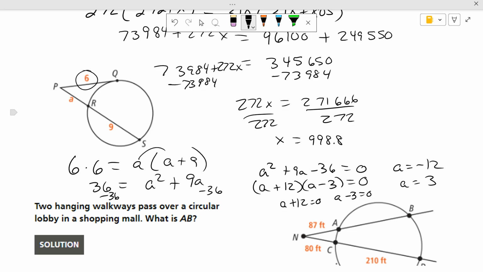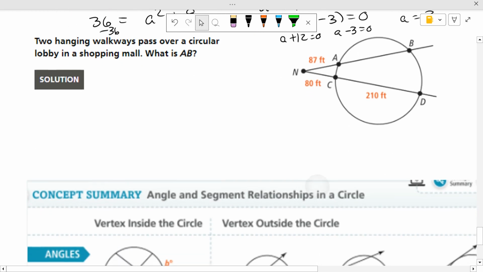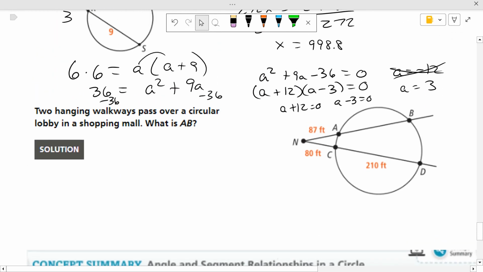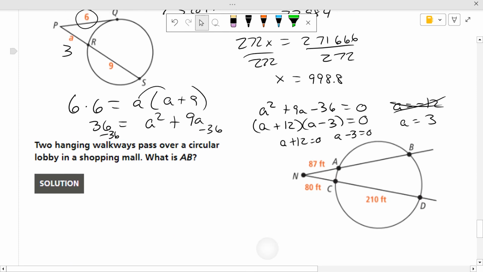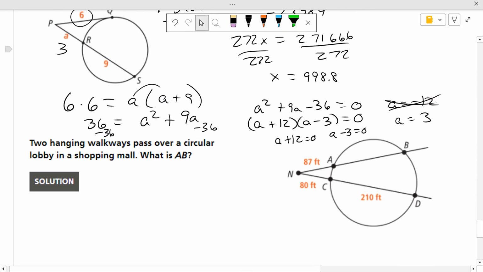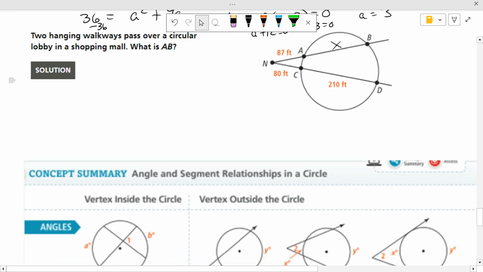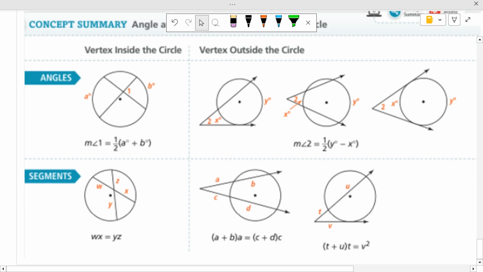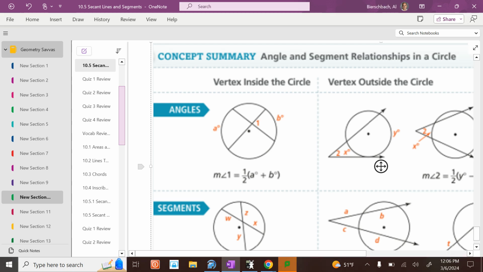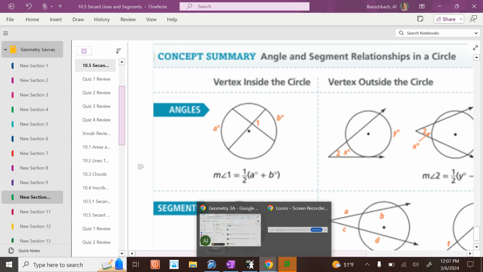Can A be a negative 12 long out here? No, we can't have a negative distance. So it has to be 3. 3 times 12 is 36. 6 times 6 is 36. It makes sense. Okay? To find 3. Yep, we did all that to find 3. Okay? So outside times the whole thing, it was outside times the whole thing. So I will just put it on this screen because that gives you all the formulas. We'll stop there. Yes, if you have a